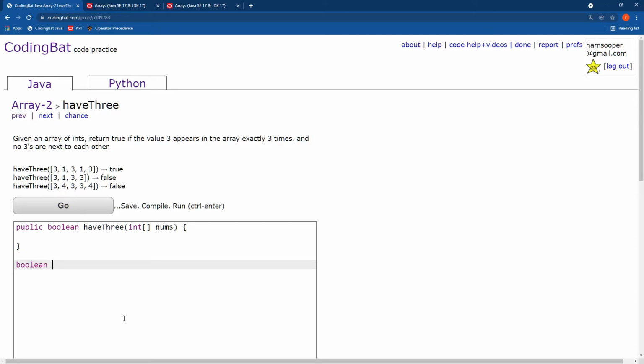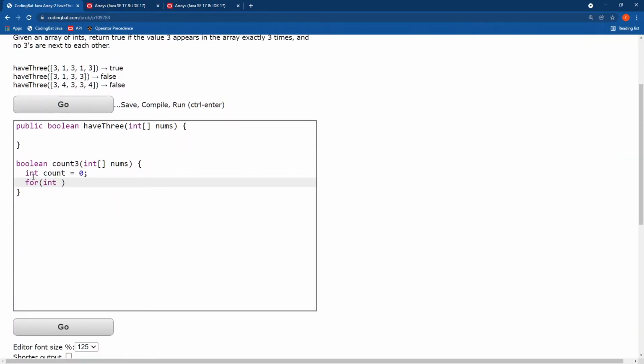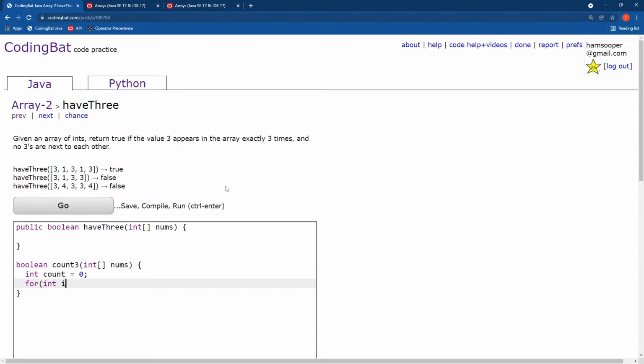So I don't think there's an advantage of putting them in the same loop or same code. So if the value 3 appears in the array exactly 3 times, so count 3. It'll take a number array, and I'll say int count equals 0. Hopefully you're starting to see that creating a counter and then checking a condition in an array is a very common thing to do in programming. So for each number in the array,